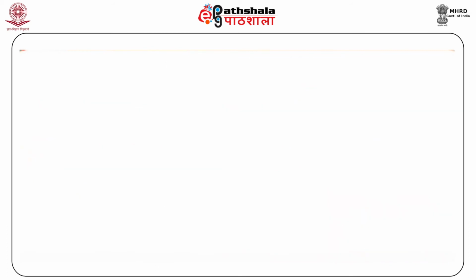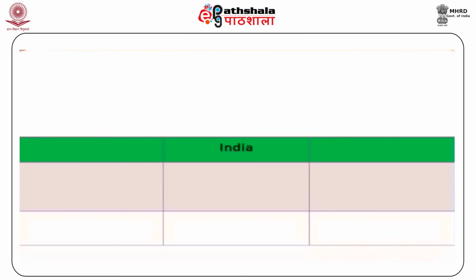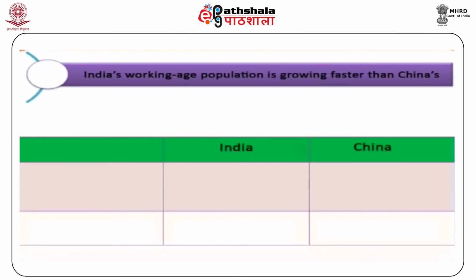Let us now compare two countries, India and China. India's working age population is growing faster than China's. Thanks to population growth, the working age population has increased in China and India since the 1980s, contributing to strong economic growth. In 2009, the share of the population aged between 15 to 64 years accounted for